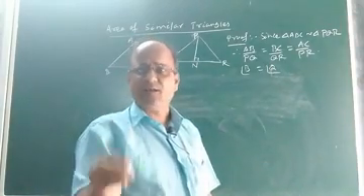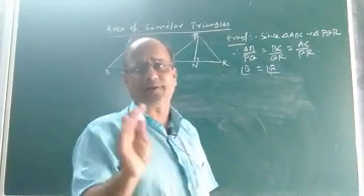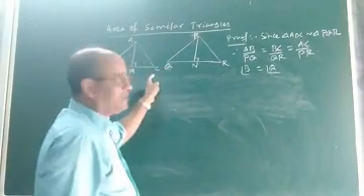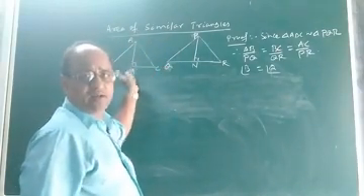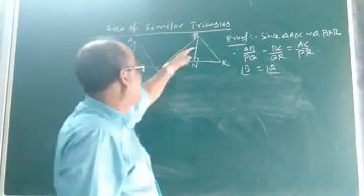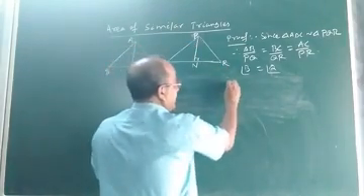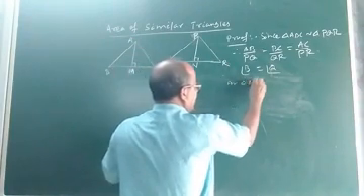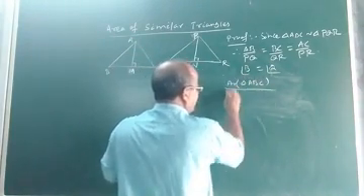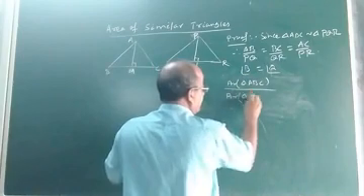Area of any triangle is calculated by the formula what? Half into base into height. So now if this is the base, AM is the altitude or height, let us find the area of triangle ABC and area of triangle PQR and divide the two. Now see, area of triangle ABC divided by area of triangle PQR.